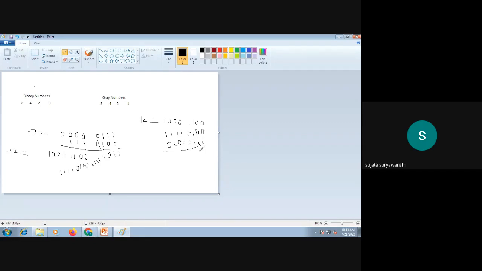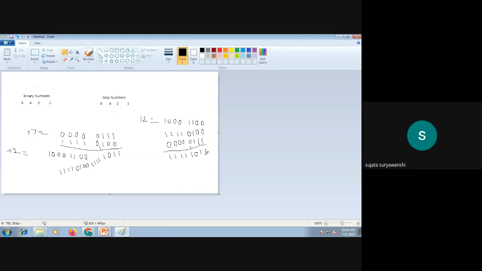Addition: 1, then 0 plus 1, 1. 1 plus 1, 0, carry 1. Here 1 as it is, then 1, 1, 1, and 1. Then your result is negative. Your result being negative means it is in 2's complement form. You have to convert it into true form. Ma'am, then take the 2's complement if carry is not generated. Yes, if carry is not generated, then take the 2's complement.